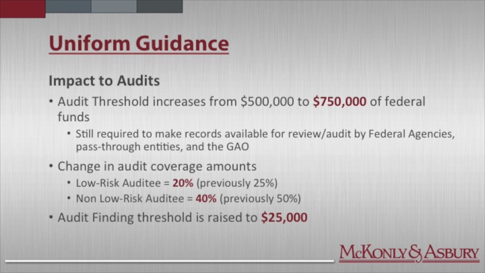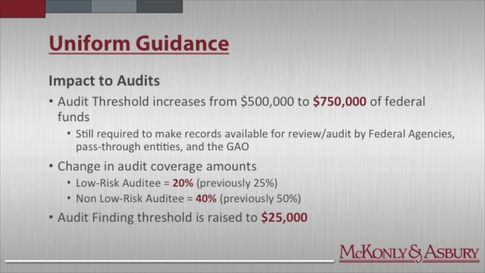The final subsection that I want to talk about is subpart F, which is the impact to audits. The audit threshold has been raised from $500,000 to $750,000, so a $250,000 increase, which doesn't sound like a whole lot in the grand scheme of the federal awards that are done on an annual basis. However, it's taking 5,000 not-for-profit organizations off the list of having to have an audit, which I think accomplishes one of those goals that I set out at the beginning of my presentation. It still makes 99.7% of all federal funds subject to audit, so it's still meeting the requirement of proper oversight.